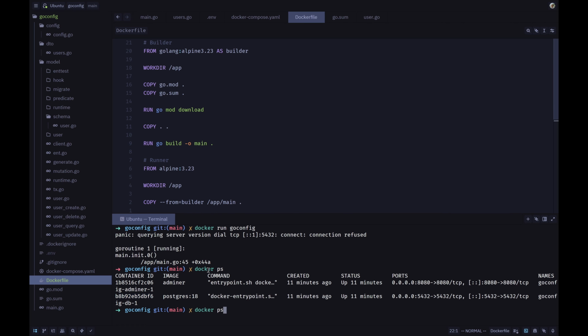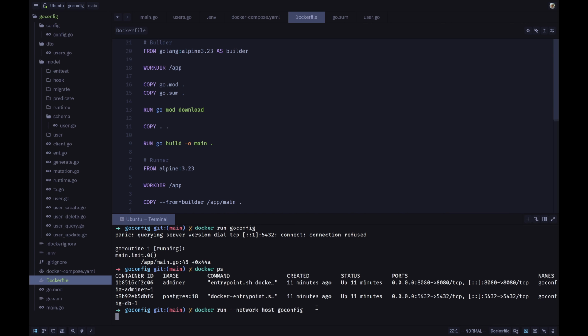And to fix that, we need to specify the network of our host. So when you run this image like this, when you start this container, it's in an isolated environment and it can't really connect to the outside world. No matter what's running on your machine, it can't connect to it. But there's a way around this. If you do network host, then it is connected to the network, or it's running in the network of your PC. So if I do it like this,